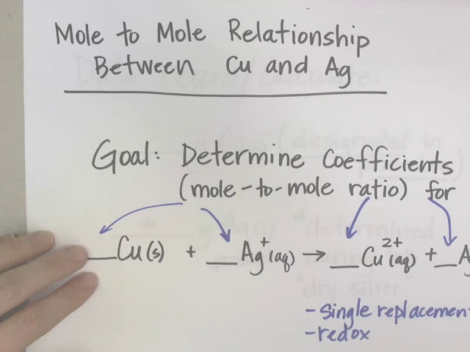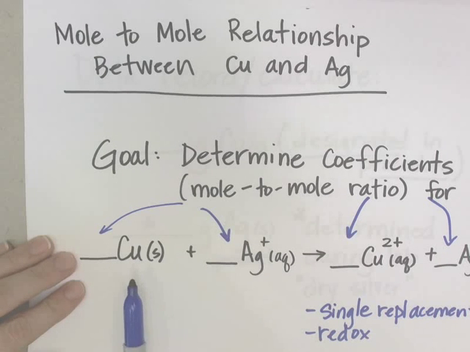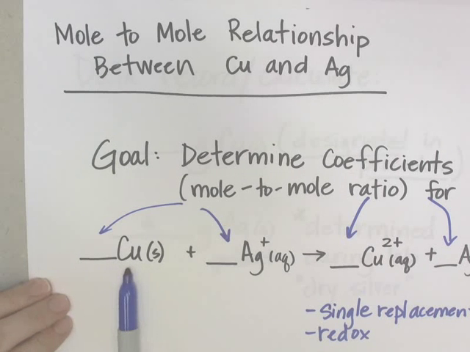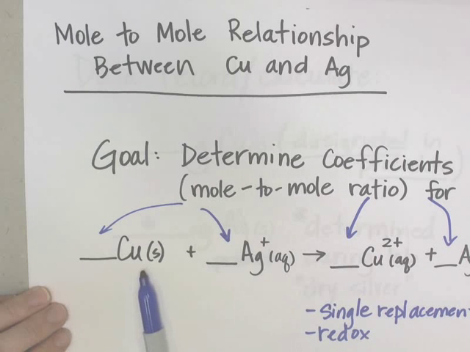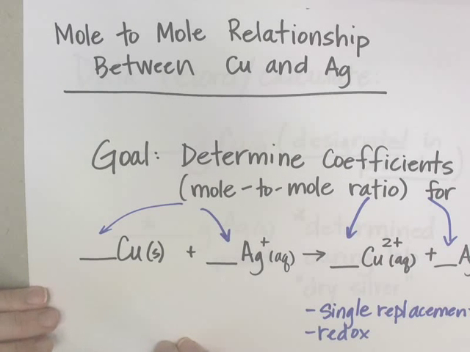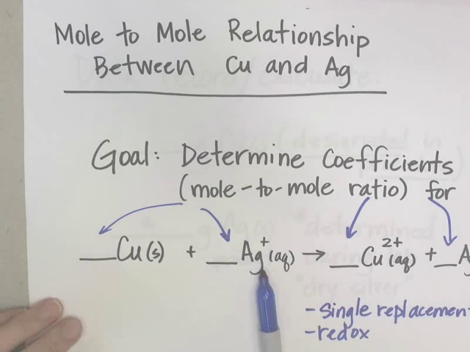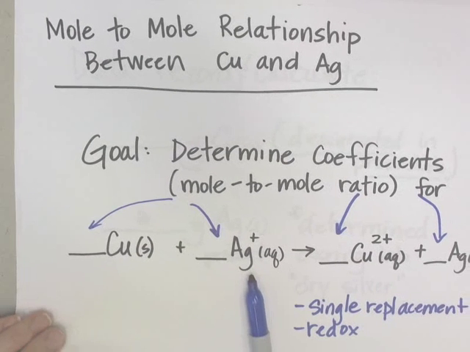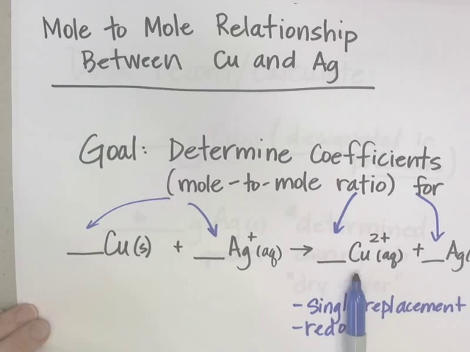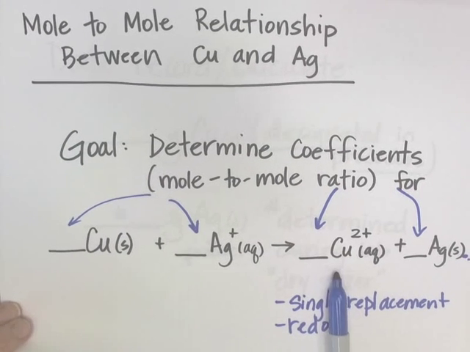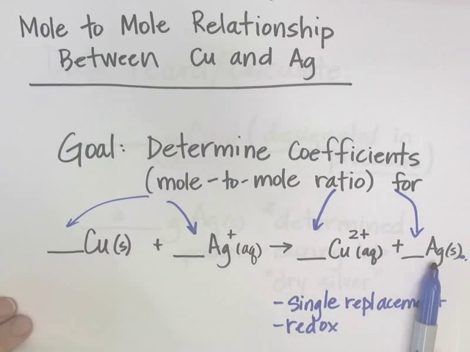Okay, the multimole relationship lab is going to ask you to do a chemical reaction. You're going to add solid copper to a solution of silver ions. They're basically going to swap places. It's a single replacement reaction, and you're going to get as products the copper dissolved in the solution and silver